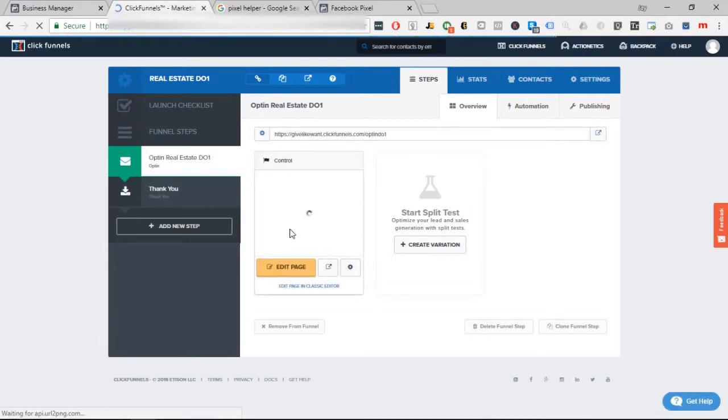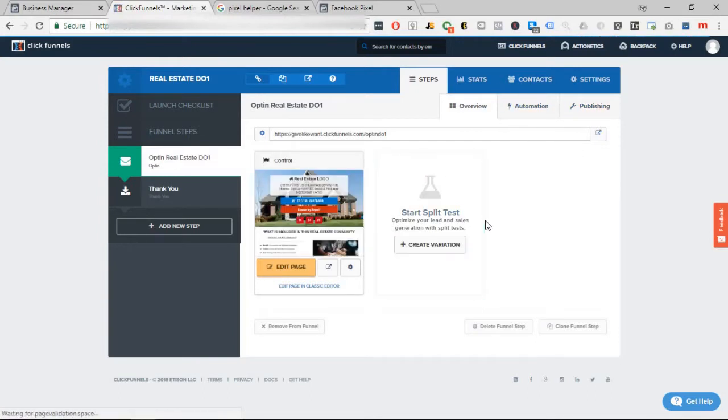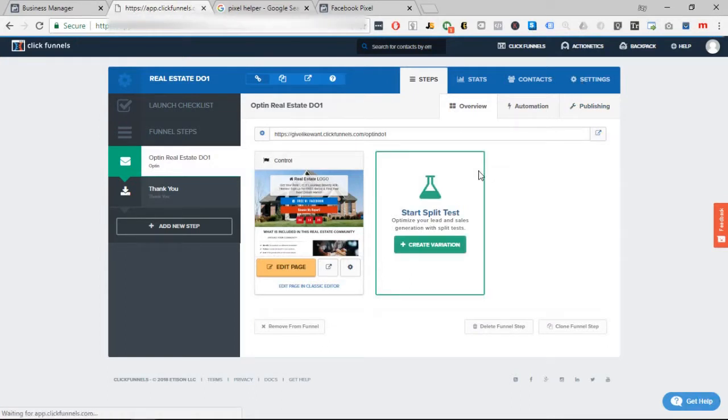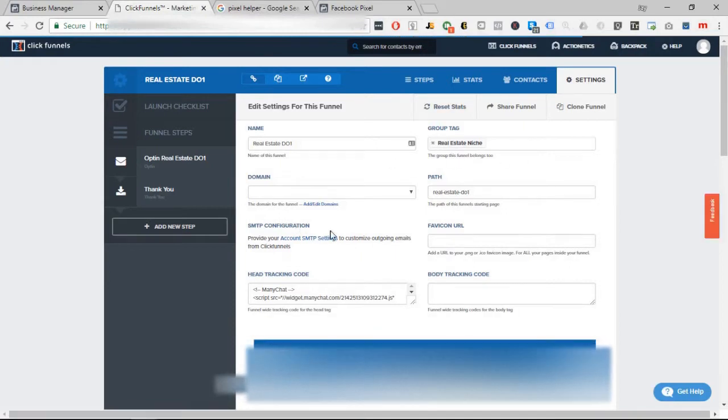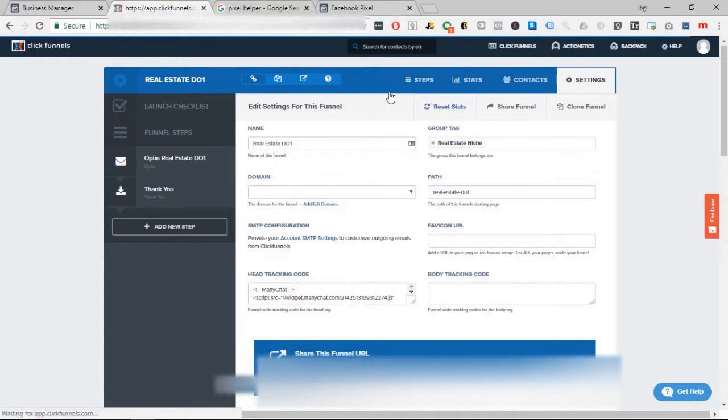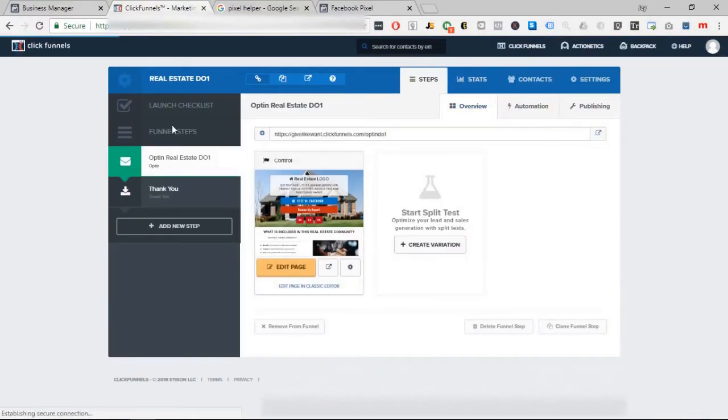So I just mentioned the base code. The base code can be put into one spot and it will show up on multiple pages. All right. So where you can do that within the ClickFunnels dashboard, let me back up real quick. Once you get to your desired funnel, it'll take you to this page. Now, what we're going to do is go into settings,